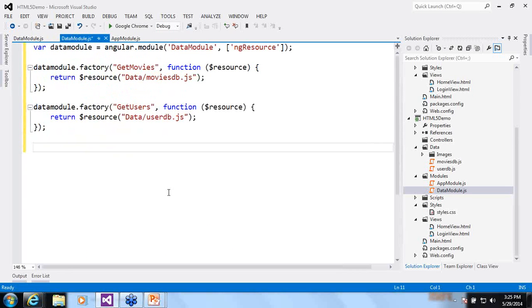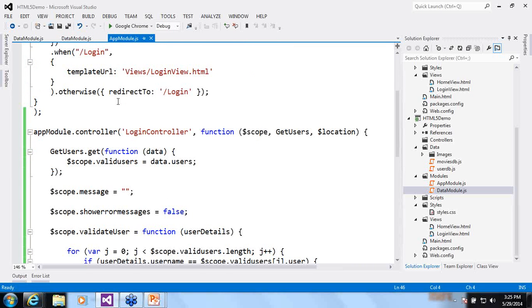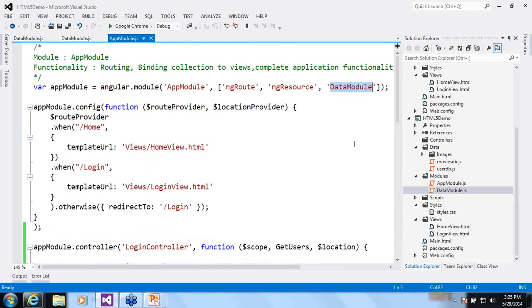Okay, so this is my another module called data module, wherein I am using the resource service, and this resource service is providing me two factory objects, get movies and get users. So get movies and get users are going to fetch the data of arrays from these files and provide it to our application, and that is why this gets resolved.